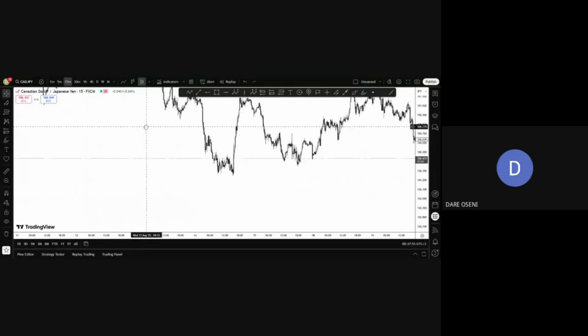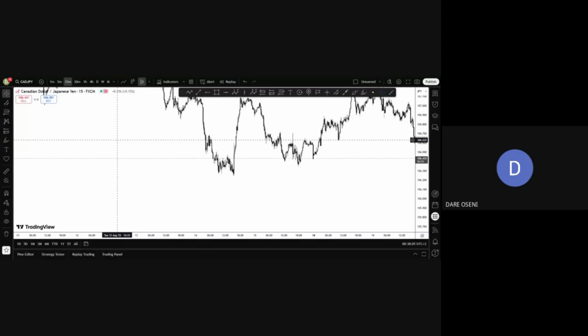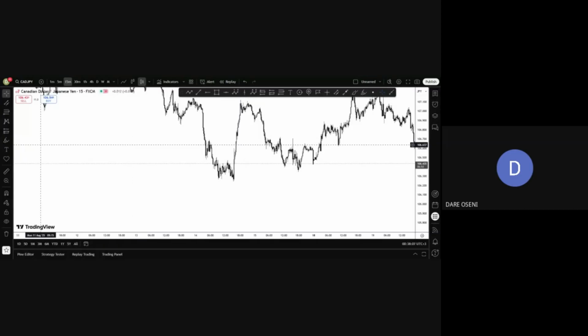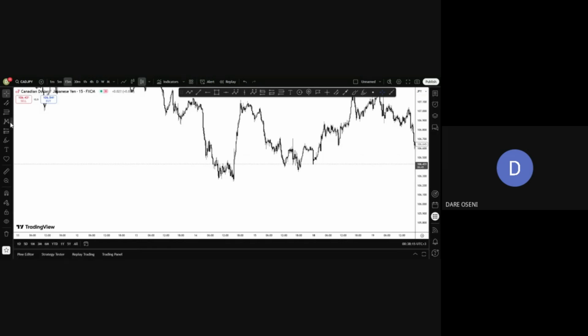So then let's come to the next one, which is the Fibonacci. The only thing we need here is just the Fibonacci retracement. The Fibonacci, let's favorite it. The Fibonacci retracement, which we are still going to learn how to use as well. But these are important tools that we need. Okay. And on this side, yeah, the Fibonacci. And this one